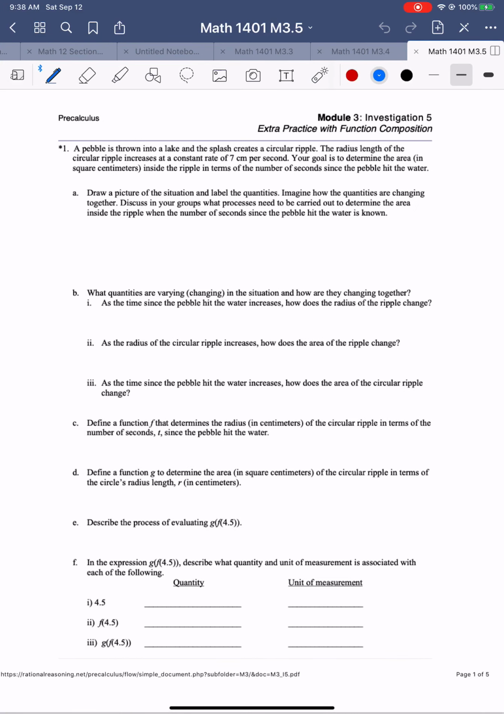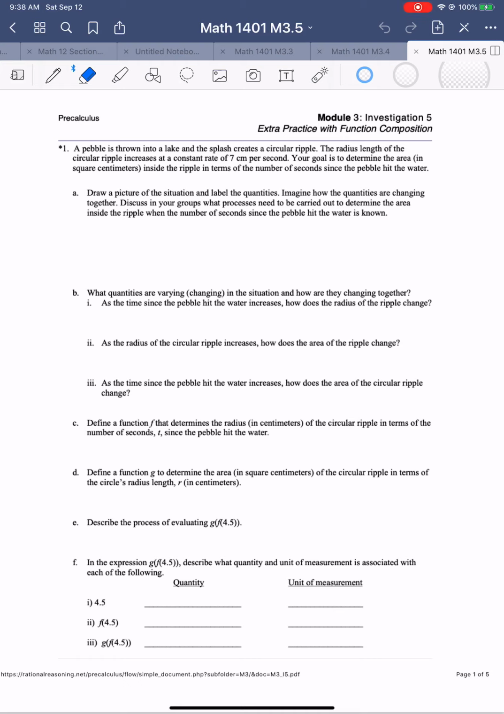Hello, this is Module 3, Investigation 5, extra practice with function composition. Okay, so let's see what kind of problem we'll get from here. So number 1. I'll do number 1, A and G, but I think I want to go over every